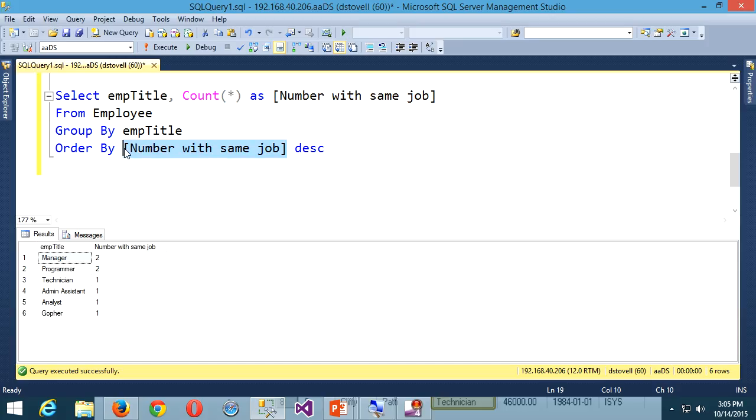If I didn't have an alias, I'd actually put this expression, right? I could have done that instead. I could have just said order by the count star descending. That'll give me the exact same results, right? So the job titles with the most employees are at the top, okay? And away we go. And if I want it alphabetically by the employee title afterwards,